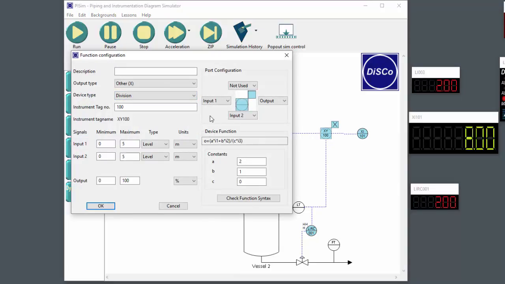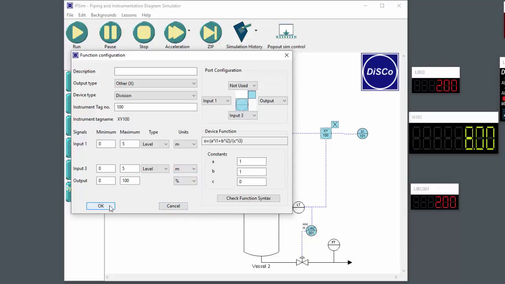Okay, so the division, you can see what we've got here with division is that the output is going to be equal to constant A times input 1 plus constant B times input 2 divided by constant C times input 3. So if we actually just use input 1 and input 2, all we're going to be doing is adding the two things together and multiplying obviously the first one with 2. So let's change this back to 1 just now. What we're going to have to do is, rather than have input 2 coming in here, let's have input 3 coming into that one. Now we have to put in the appropriate limits again because essentially we've erased an input,